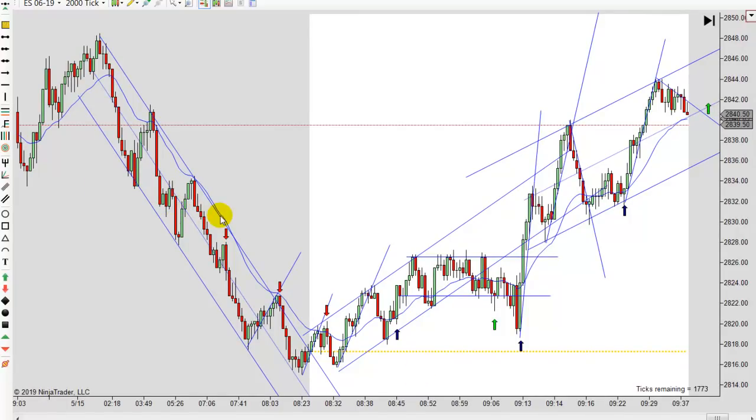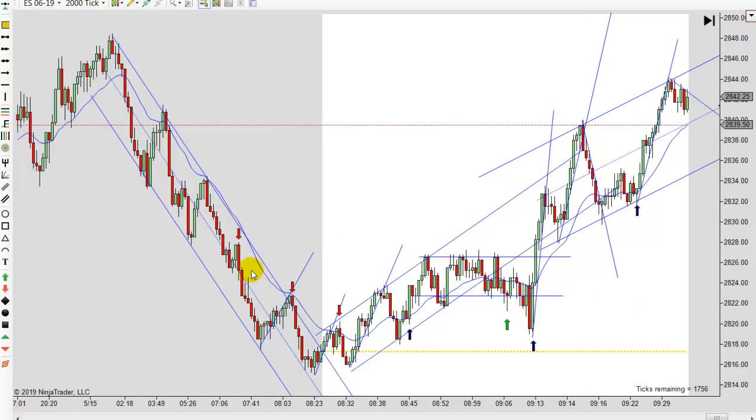And the midline is just the center of the channel. This is your trend line, and this is your trend channel line. And then when you're going up, this is your trend line, and this is your trend channel line, and the one in the middle will be your midline. So some of this stuff that I do with trend lines comes from